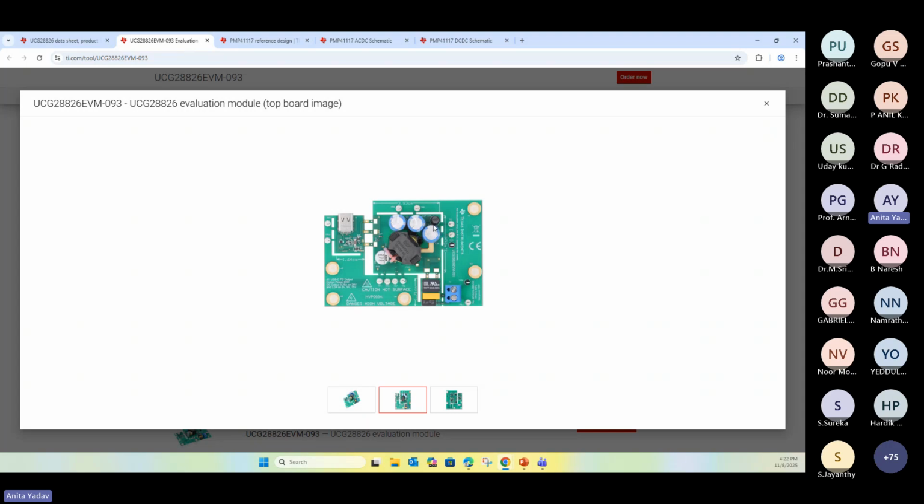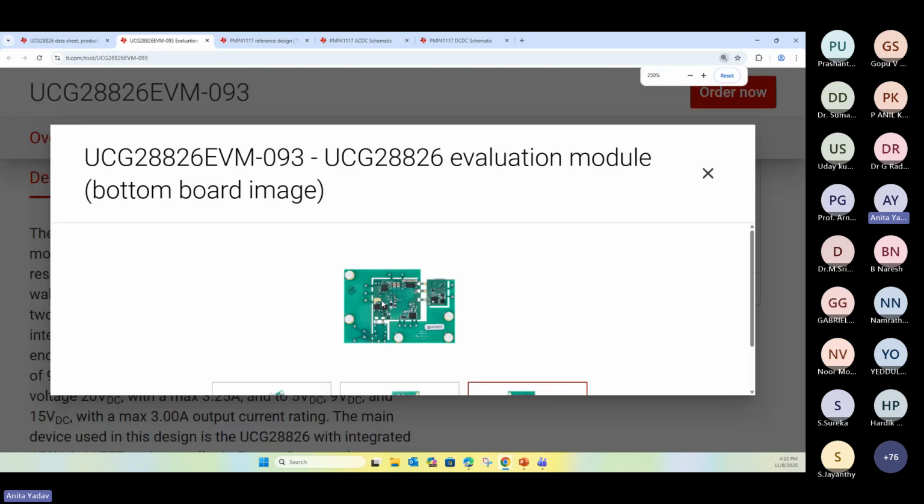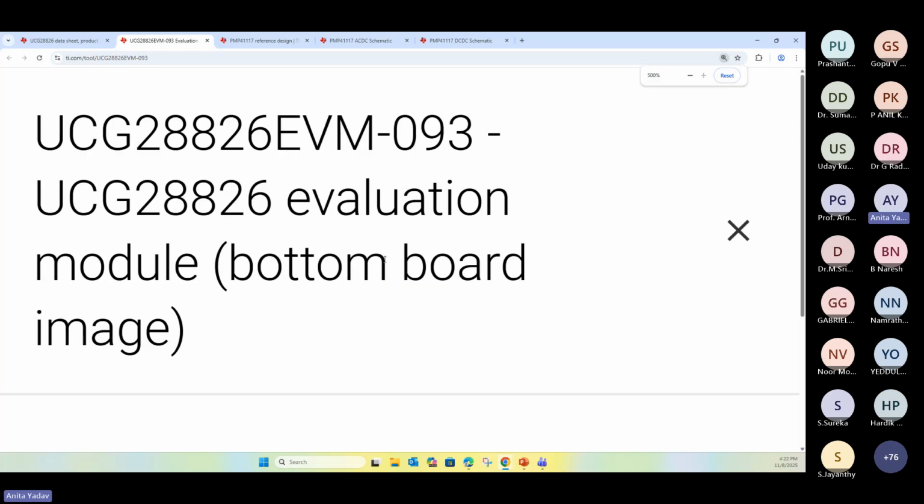And here, if we go through the schematic, this is the CLC filter at the input bulk, also just to suppress the EMI noise. Then the output of this goes to the transformer, and if we go to the below side, these are the transformer pins. Here you see the RCD clamp circuit is sitting, and then this all goes to the controller side. This is our UCC28826. If I zoom it,